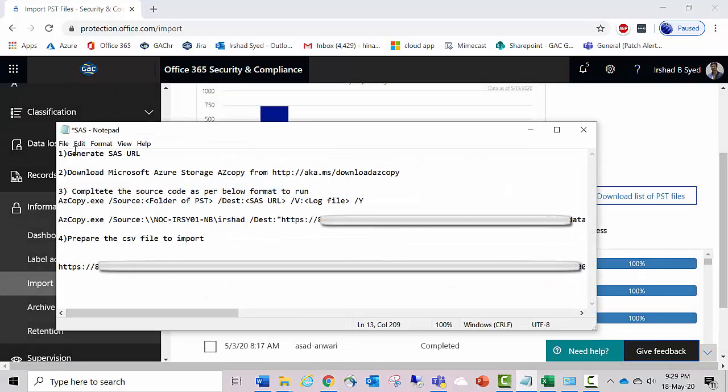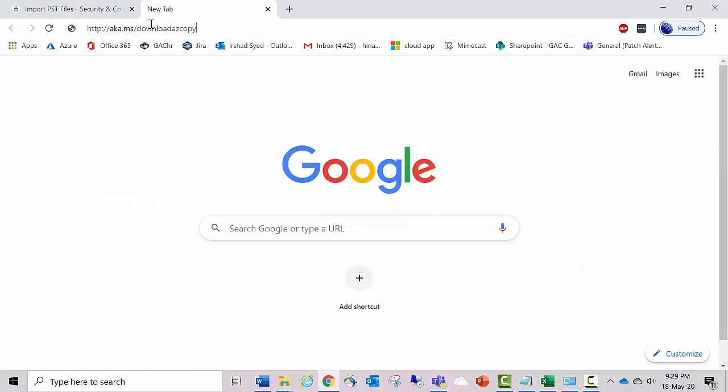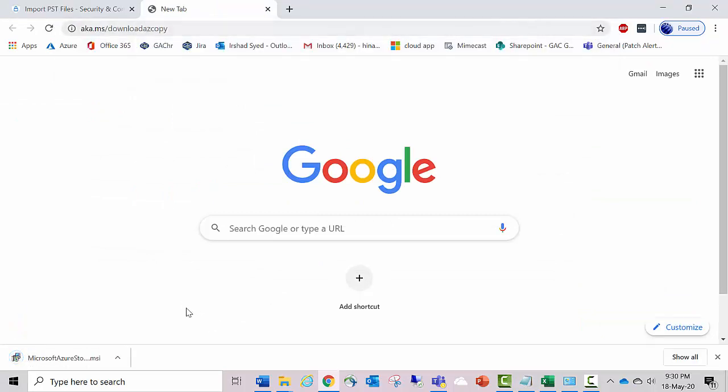And coming to the second point, you need to download Microsoft Azure Storage AzCopy. I have given this link under the description. You can simply download this tool from the given link. Once you download it, just install this tool on your machine.